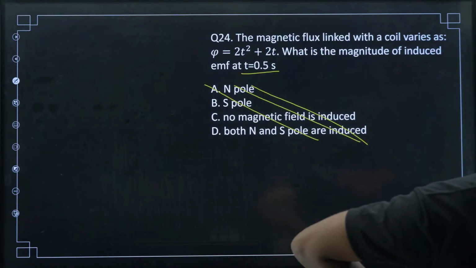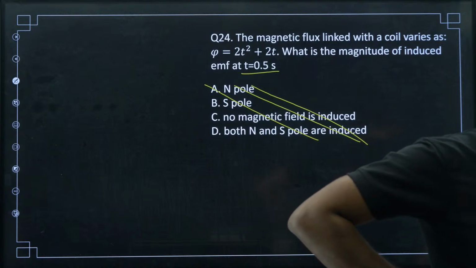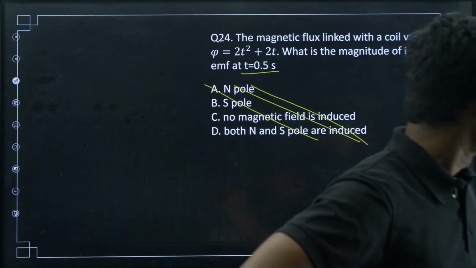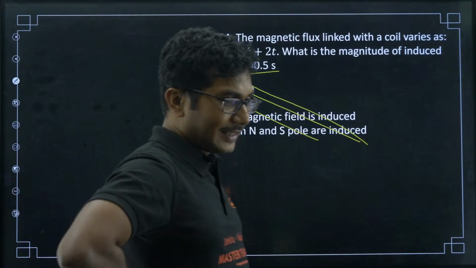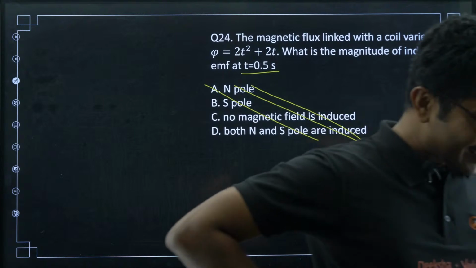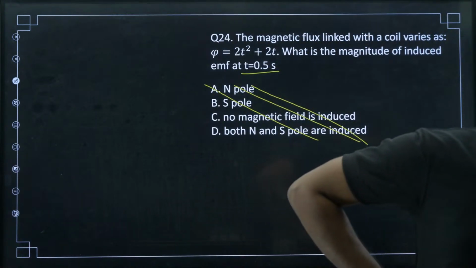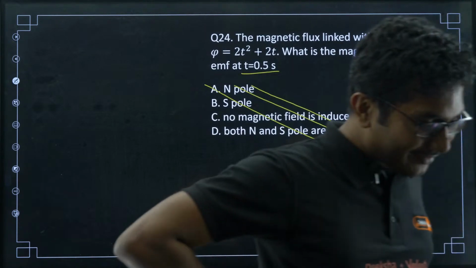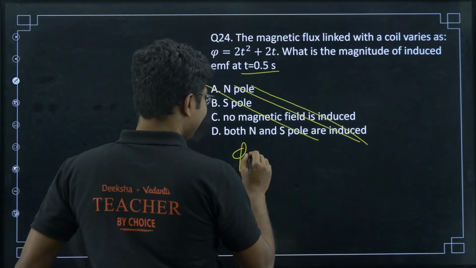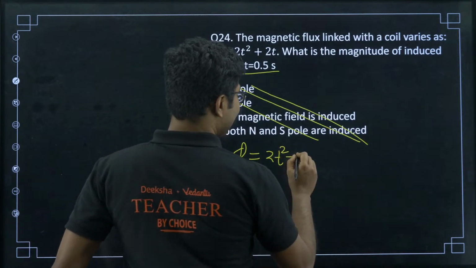Four will be the right answer, 100%. Pujastri is saying 4, Pradeep is saying 2, 24 answer 4. So, you have not solved it, I think you have seen the question somewhere. You are the first person, the name is written in Hindi. Maybe you have seen the question somewhere or you are a super genius. So, phi is equal to 2t square plus 2t, and yes, 4 is the correct answer.